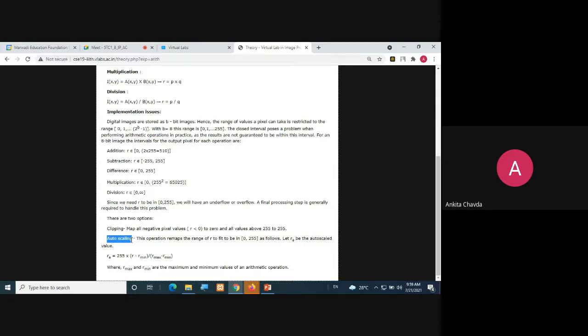If they are between 10 and some range like 20, then they will map to 1. It is something like that. What exactly they apply we don't know, but they do it via this formula. So this is what they are doing, the auto scaling.